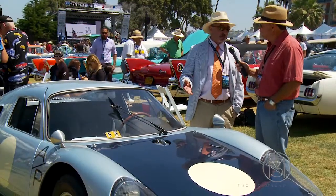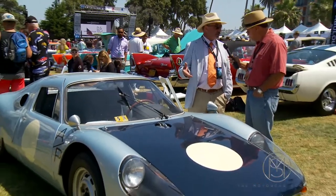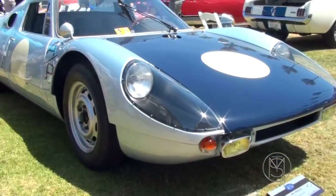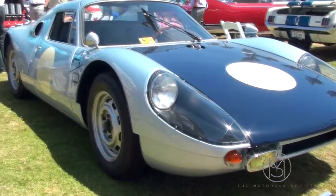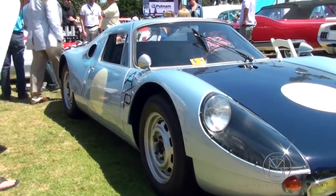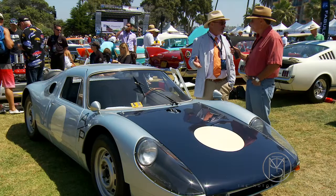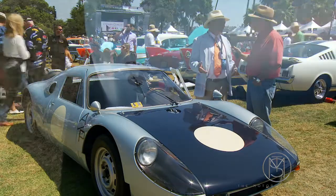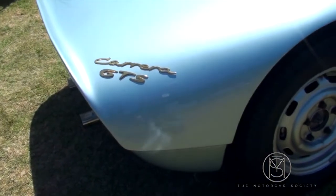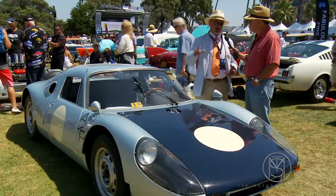Porsche decided to go from racing alloy space frame cars, like the 550 Spyder became very famous for. After about 10 years, they wanted to switch to something different, and they were fascinated by the idea of not spending a lot of money, buying a tried and true proven method from somebody else rather than doing it in-house, which was a big innovative change for Porsche. So they really admired Colin Chapman and Lotus, and they made a deal with them, and they got a license agreement to be able to use the backbone